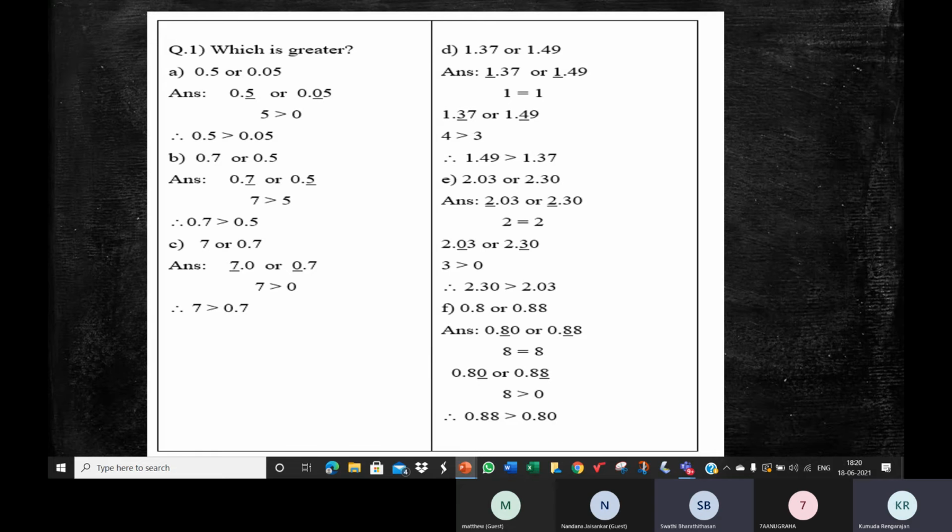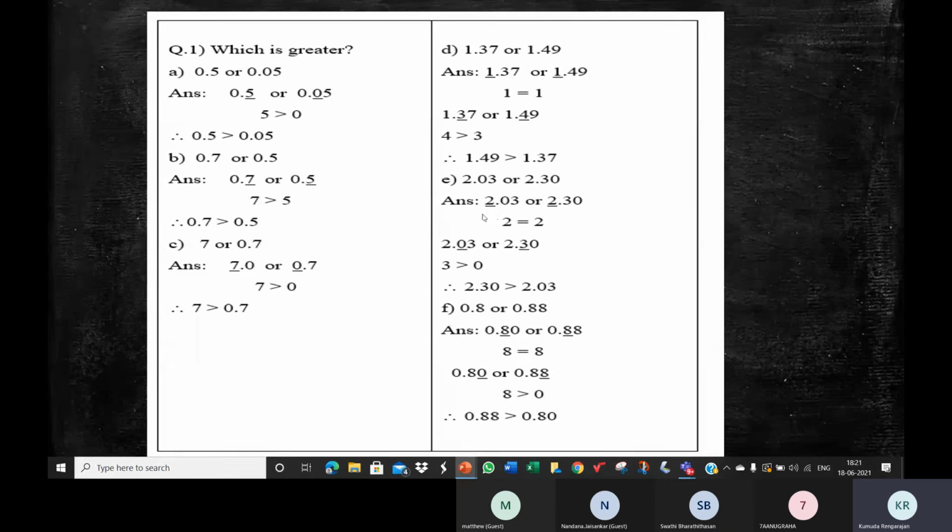Yeah, very good. Correct. First we compare the whole number part, 2 and 2. I've underlined that. When you compare the whole number parts, you cannot conclude anything because they're equal, so you cannot say which is bigger or smaller. So we move on to the places after the decimal point. We first compare the digit in the 10th place. Here the digit in the 10th place is 0, and here the digit in the 10th place is 3.